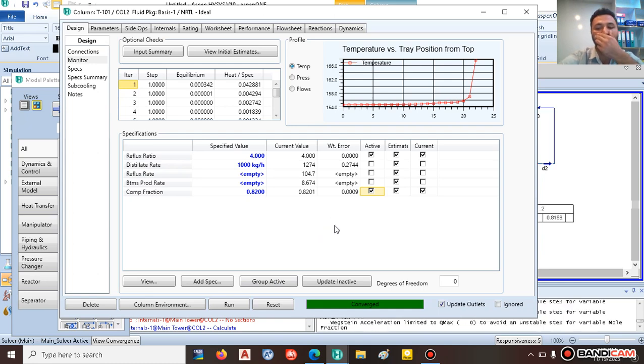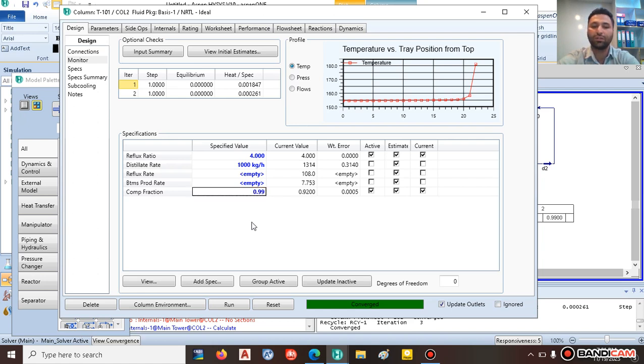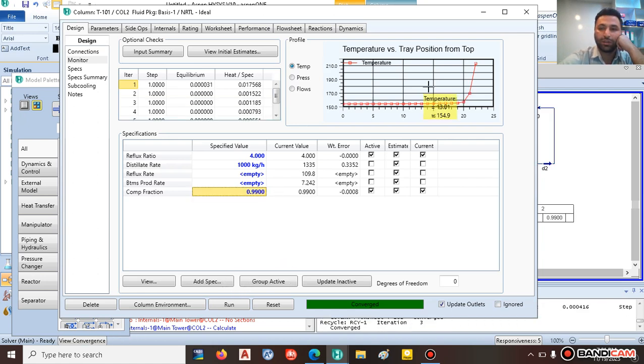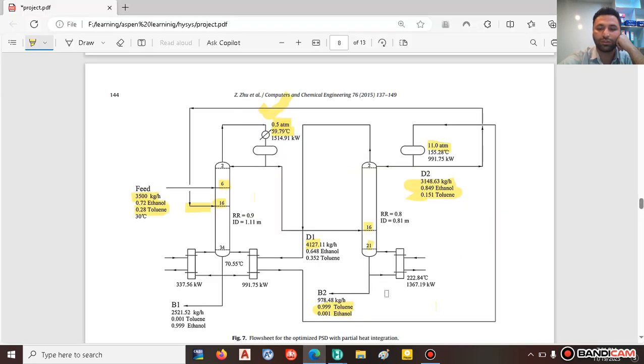So after changing your spec, your distillation column works. So let me change it again to 90, for example. So it converged. So let me change it to 99. So we reached the criteria that we were looking for, and which is given here,